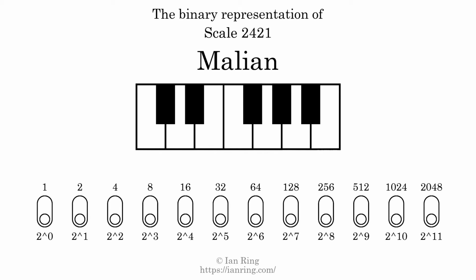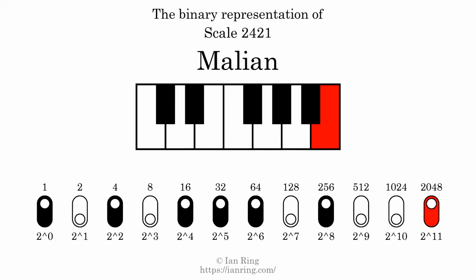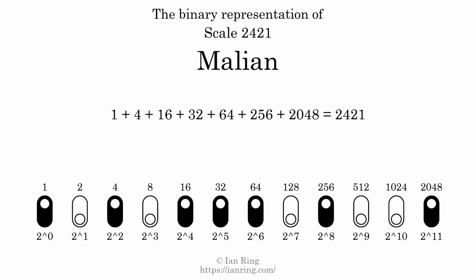The binary representation of this scale is determined by mapping tones of the scale to binary digits. Each binary digit represents a power of 2. To get the scale number, we add the powers of 2 together. The powers of 2 that are present in the scale, all added together, equals 2421. That is why the scale number, in decimal, is